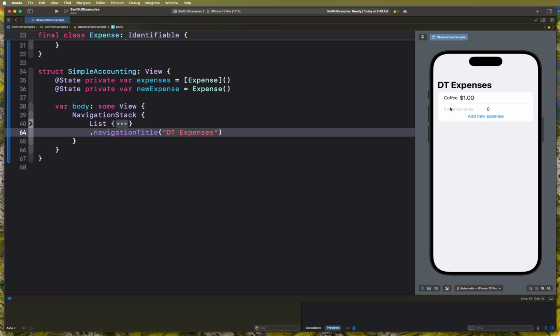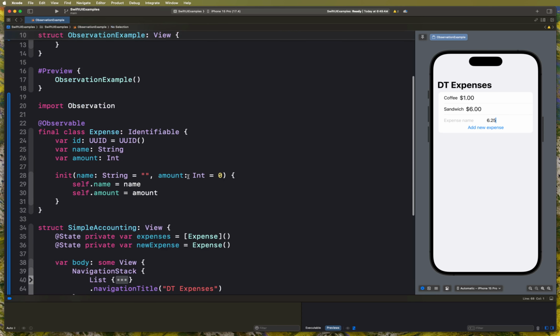So let's say sandwich, and notice that our data is formatted. Now there is an issue you can notice here. Even though we added 6.25, what we got was $6. The reason is that the amount is defined as an integer. You can change it to double as well. Let's change it to double,